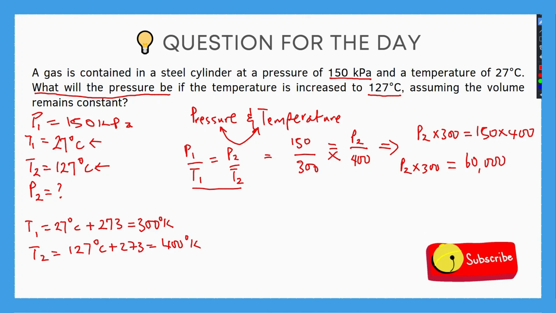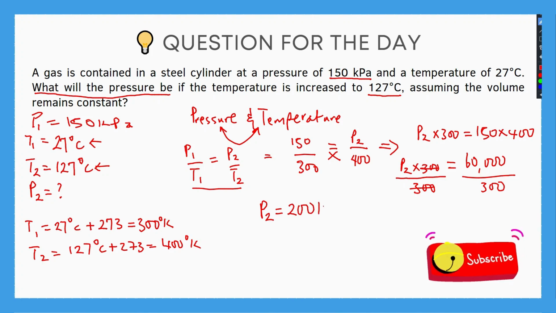At this point, we can get the answer for P2 by dividing both sides by the coefficient of P2, which is 300. So 300 here cancels 300 here. What we have is 60,000 divided by 300. So 60,000 divided by 300 gives us P2 is equal to